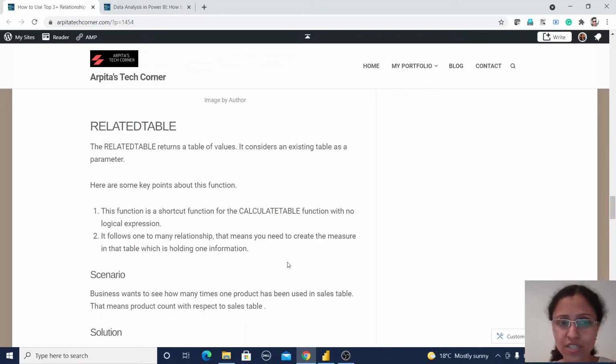Here there is no logical expression, and it follows one-to-many relationships. That means we need to create the measure or the calculated column in the table which is holding the one information. That means we need to create the column in our dimension table.